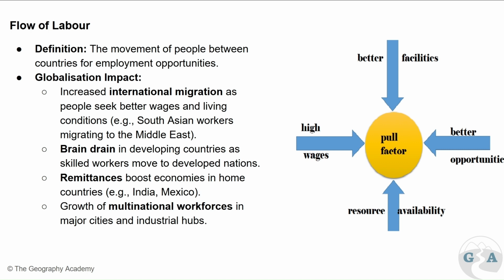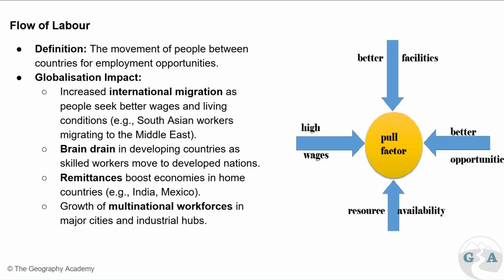The flow of labor is very important. So moving actual people like migrants, but also in a digital era, it's the labor that's spread across the world that doesn't actually need to move or physically flow anymore as much. So this can create good and bad things. It creates the remittances that can be a help to countries receiving it. The idea of the brain drain is that countries that are less developed are going to lose their most educated, strongest people. They could be helping them economically, but then they might choose to go to opportunities in other countries. So the increased international migration coming with the reduction of barriers and the movement of good trades flows and people